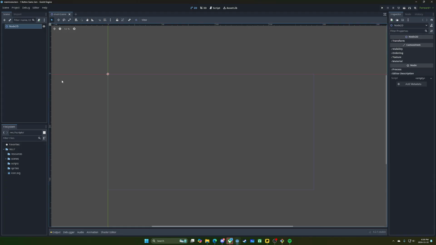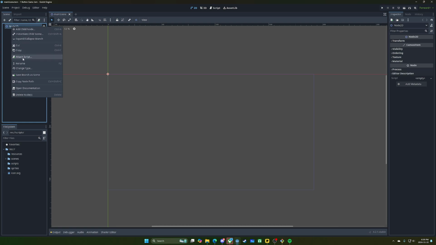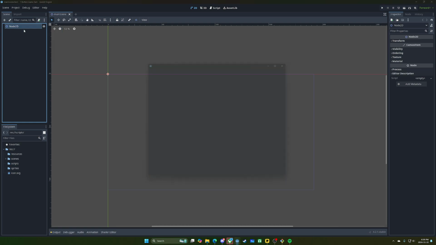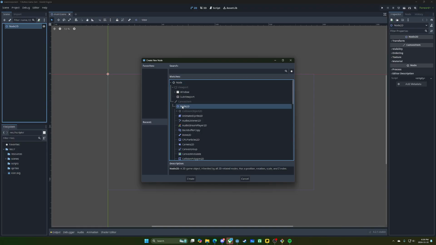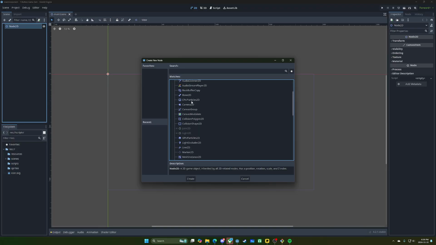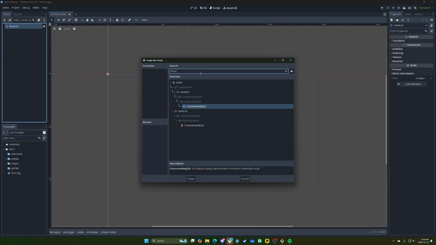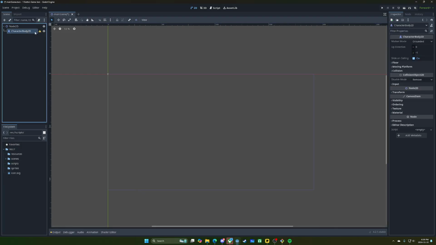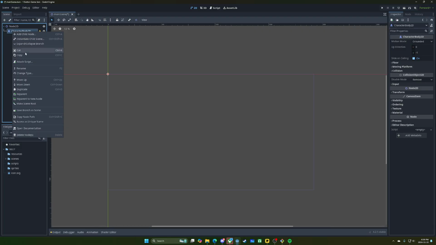And all Godot does is nodes. So what we're going to do here is add a child node, and we're going to add a character sprite or a character node. There we go, CharacterBody2D. And this is going to need collisions to work. And right now also does not have a sprite. So first and foremost,